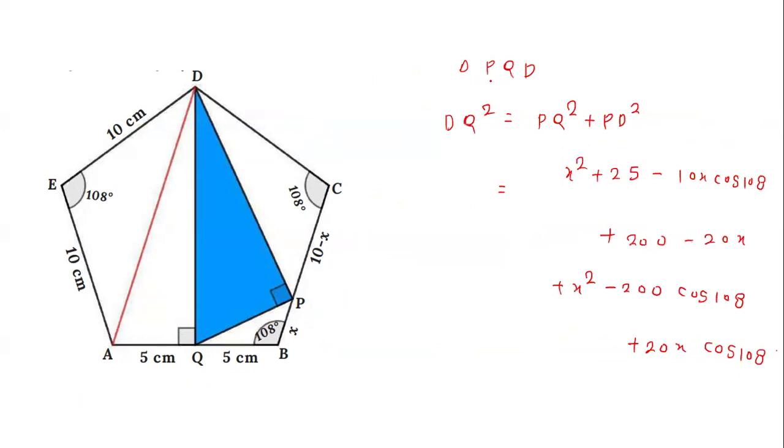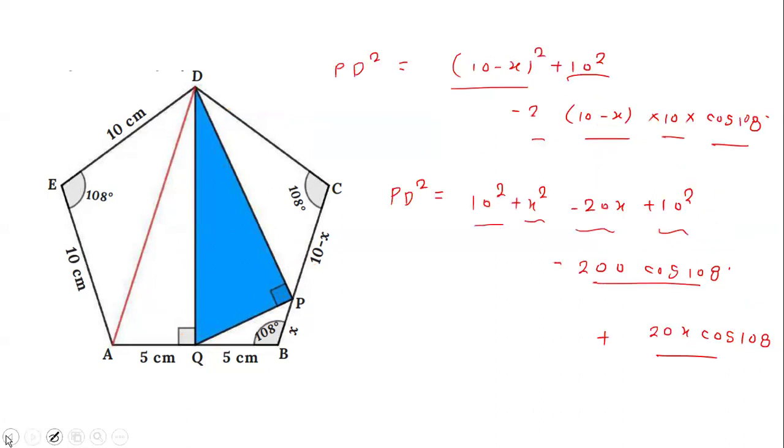So now you look at the triangle PQD, this QPD. So you look at the triangle, and initially by applying the Pythagoras theorem, we find out that DQ square is PQ square plus PD square. Now we know the value of PQ square and PD square, so you can put like this is the value of PQ square.